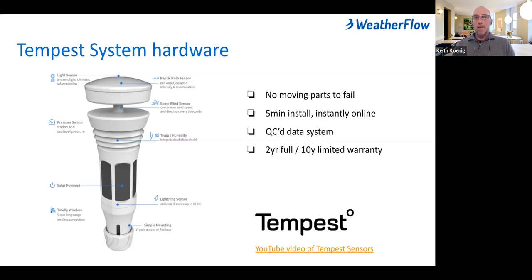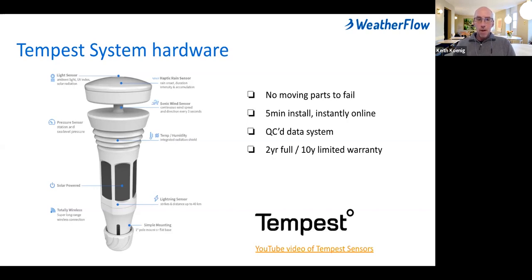So our design spec, after spending all of those decades in the field, we said, no more moving parts. We don't want anything with bearings to rust and things to fall off. And so we wanted to create a solid state device with no moving parts. We challenged our team to say, hey, if this is going to be for the general public, my mom has to be able to set this up in 5 minutes and be instantly online. There's no 40 or 50 page instruction manual. It's not complicated. You pop it out of the box, you follow a few steps on an app, and literally my mom can do it in 5 minutes.